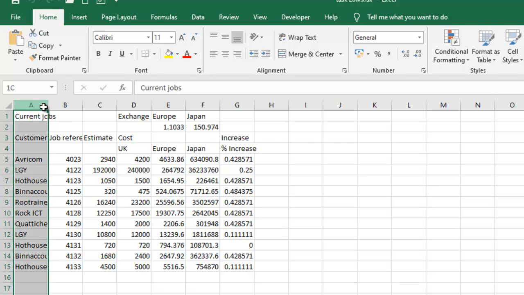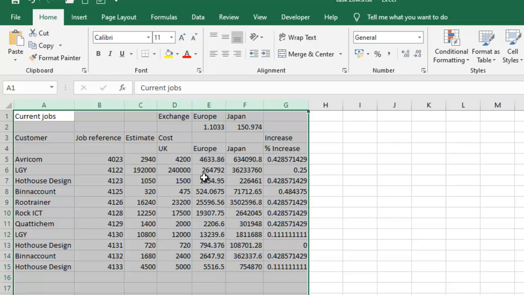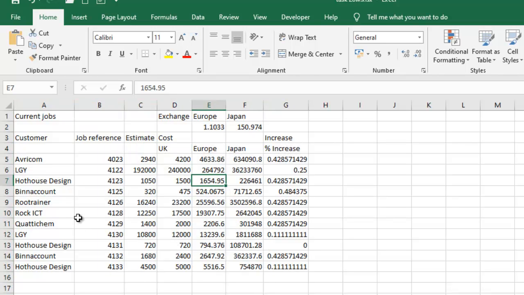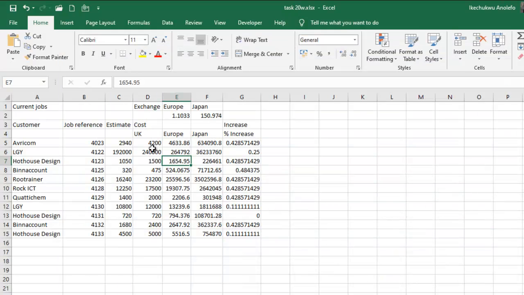The first thing I will do is make sure all my data are showing. So double click in between the columns and then you have this. So I'm going to have A1, D1, D3, and of course G3. So A1, of course, this. I click this and hold down the Control key, and then I have